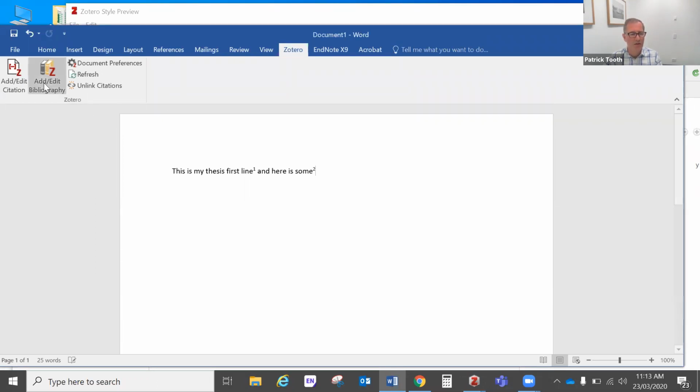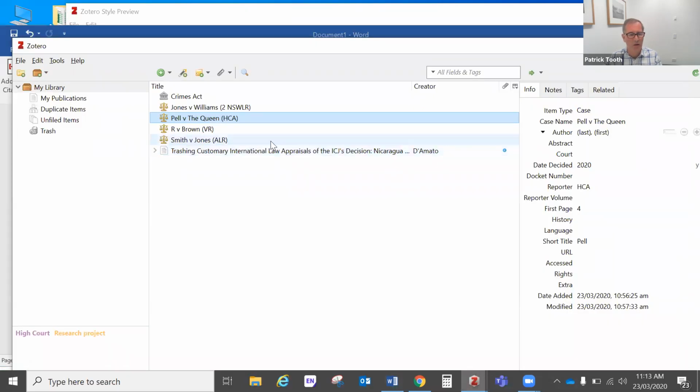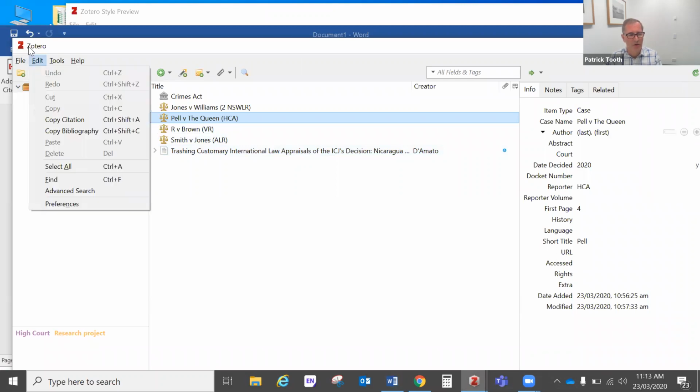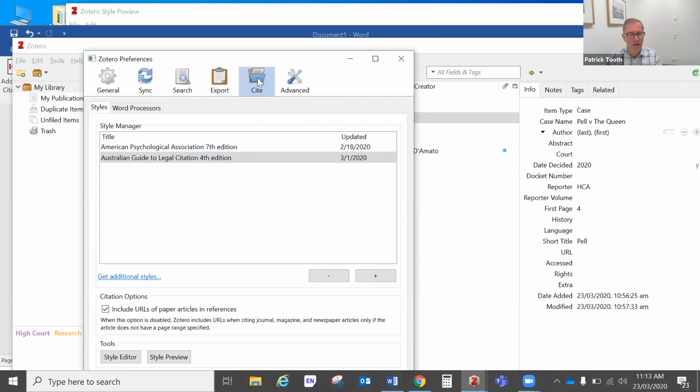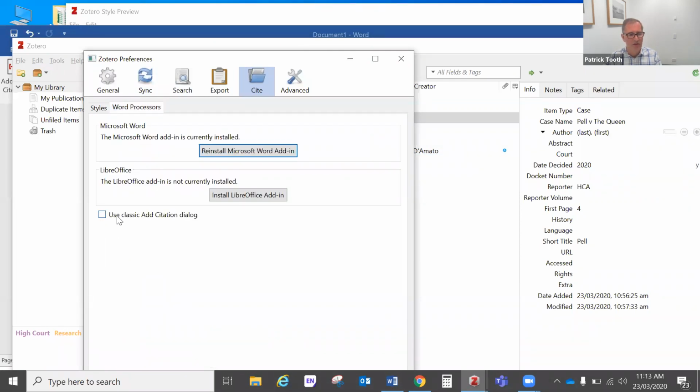You can go into your preferences, go back in Zotero, go back to my library here, edit preferences in Windows, on a Mac, Zotero and preferences, back to my word processor. So we've been doing really all of our work in our styles screen. We go into our word processor screen. And by the way, this has been always under this cite tab here. Under word processors, you've got this little box that says use classic add citation dialog. If we tick that button, and then OK,